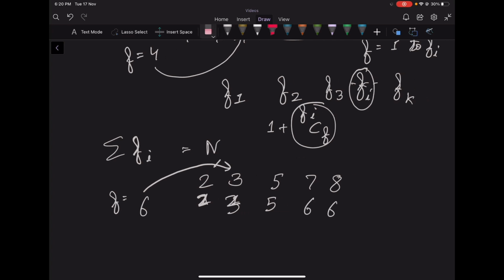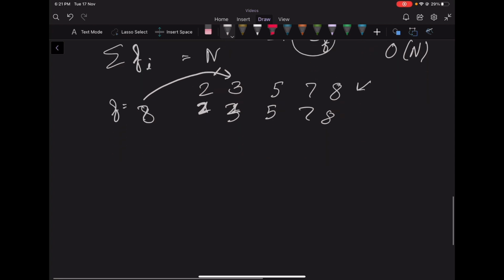For f equal to 7, again both the elements will be considered, so both these elements will have been considered 7 times now. For f equal to 8, we'll only consider this 8, and so this will be considered 8 times now. So you can see that each element is considered equal to the value. So fi will be considered fi times, so the total time complexity is O of n here.